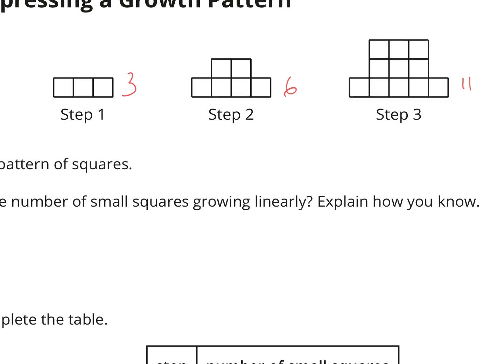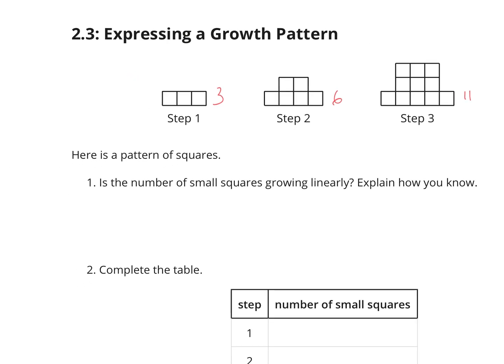So right off the bat, we know it's not linear, because if it was linear, we would be adding the same number each time, right? Here to get to 6, we have to add 3, but to get to 11, we have to add 5. So question 1, we know it is not a linear relationship